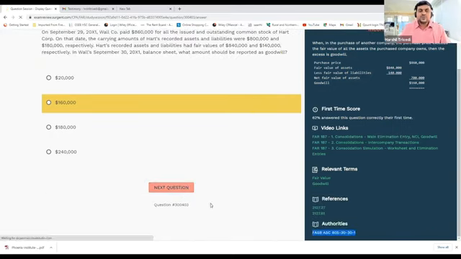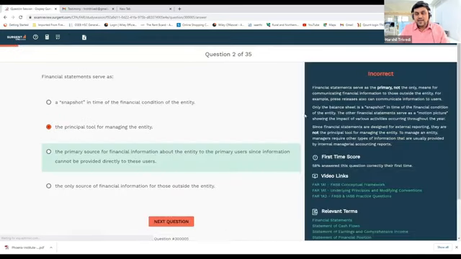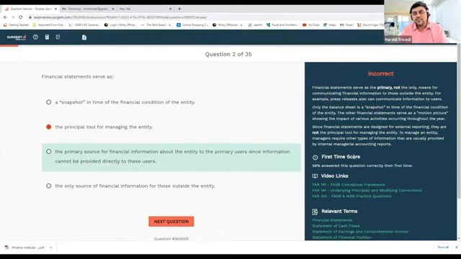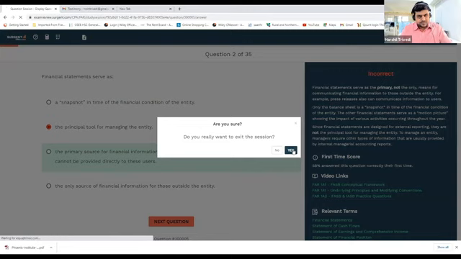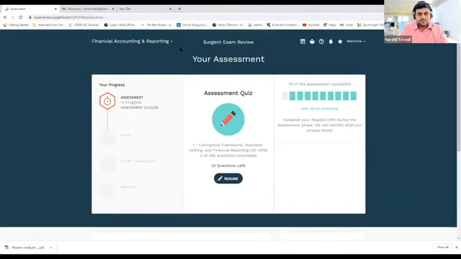If you go to the next question, like I'm selecting this, I don't know whether I'm right or not. I'm wrong. Again, the same thing will be coming. So it is really very helpful while preparing for the particular examination. Okay. Now, I'll explain another area of the Surgent software as well.